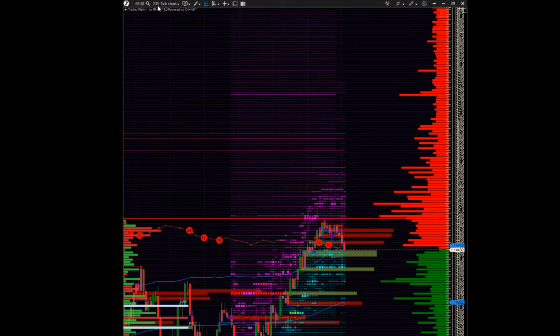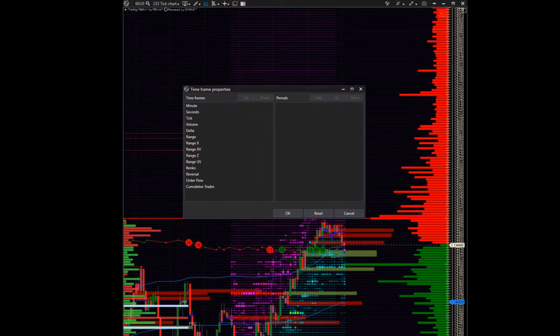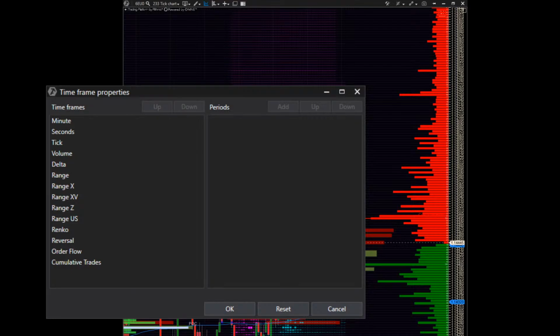No, it's not showing. I have to add it. Let me try to add it. Oh, first I have to click on it. Okay, here you can see it. Expand a little bit. So you click on the top where it says the tick chart or time frame chart, whatever. You click on it